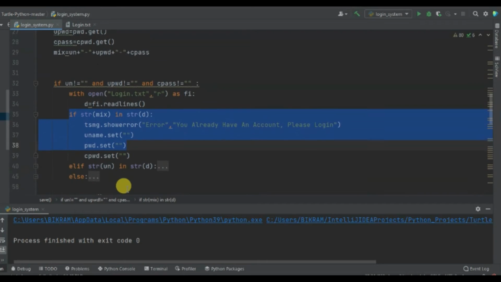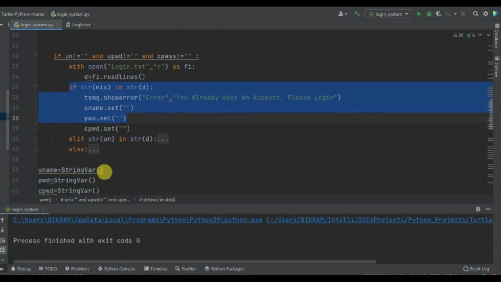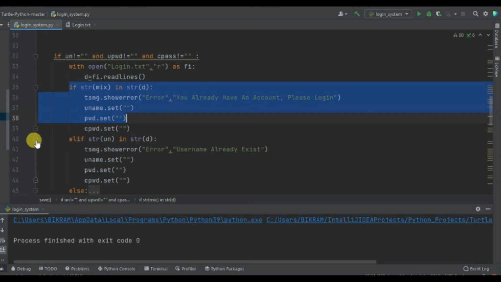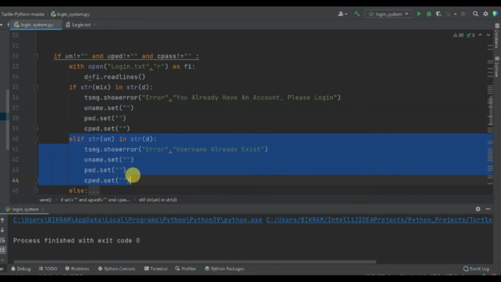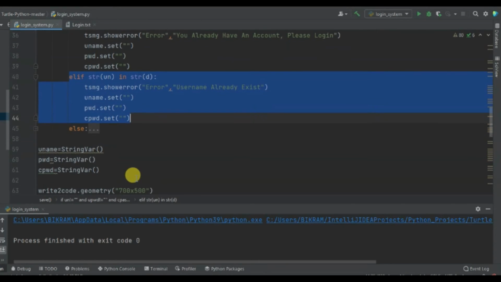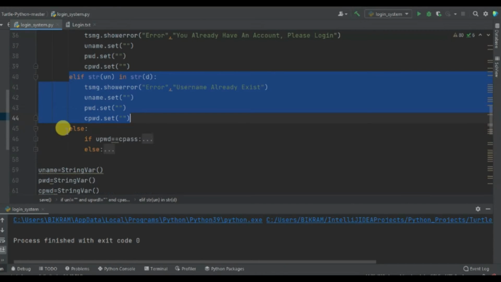If the username is in the data, it will print error, you already have an account, please log in. If the username is in the data, it will show you the error message that the username already exists.